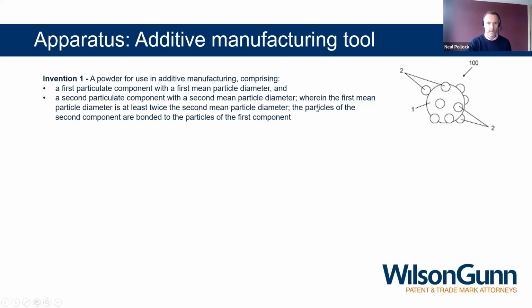And there's also a requirement as to the size of these two particles. As you can see, it says wherein the first mean particle diameter is at least twice the second mean particle diameter, which can be seen here, shown schematically. And it also requires that the particles of the second component are bonded to the particles of the first component. So unfortunately for the applicant, this claim was considered to lack novelty, and they sought to remedy this by filing